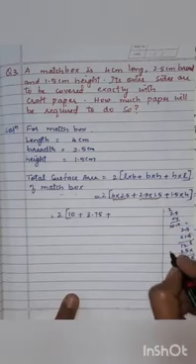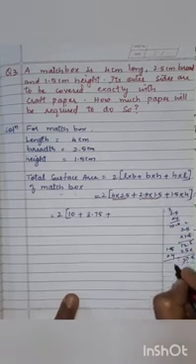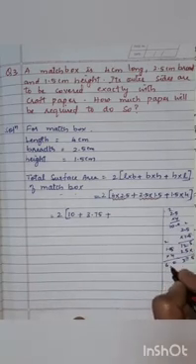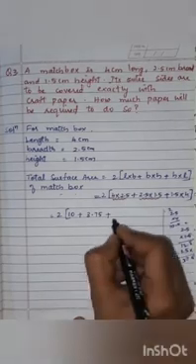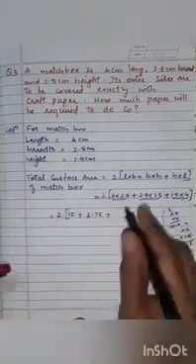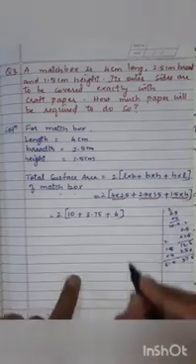1.5 multiplied by 4. 5 4s is 20, carry 2. 4 1s is 4, 4 plus 2 is 6. So here decimal point is after one number. So here we are getting the value for 1.5 multiplied by 4 is 6. Okay children, now next is what? We have to add all these things.